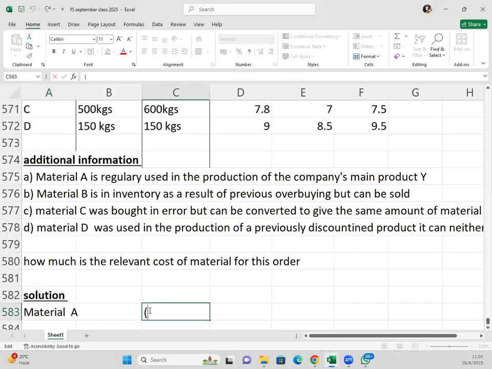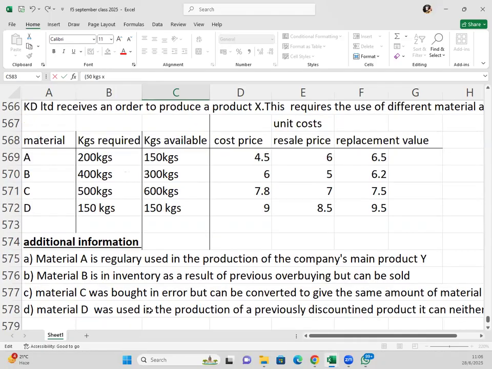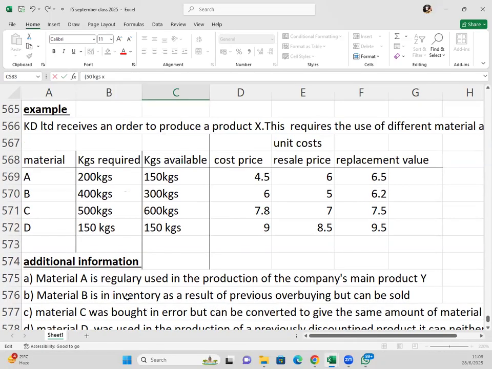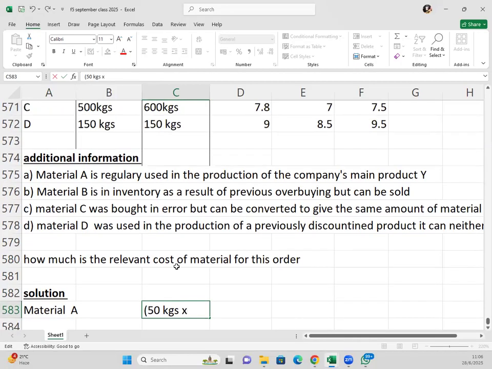So for the 50 kgs that are not in inventory, what is the relevant cost for these 50 kgs? So that's 50 kgs times, for the material A, that's the 50 kgs, right? Times,